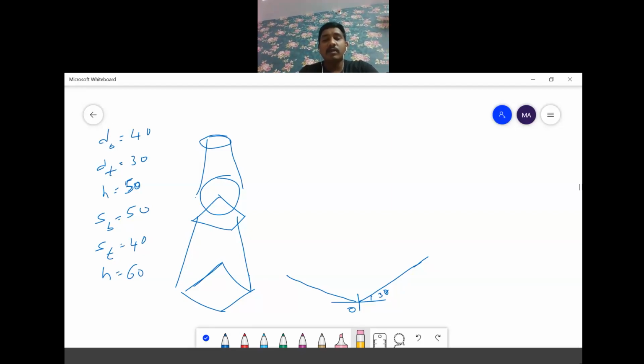So I am cutting an arc, taking the radius as 50 mm, with O as the center. I am cutting an arc at 50 on each side. Then I get points A and B. Then I take B as a center and draw an arc at 50 mm. From A as a center, I cut this arc with a radius of 50 mm. Then I am joining these two, I will form a square of 50 mm.